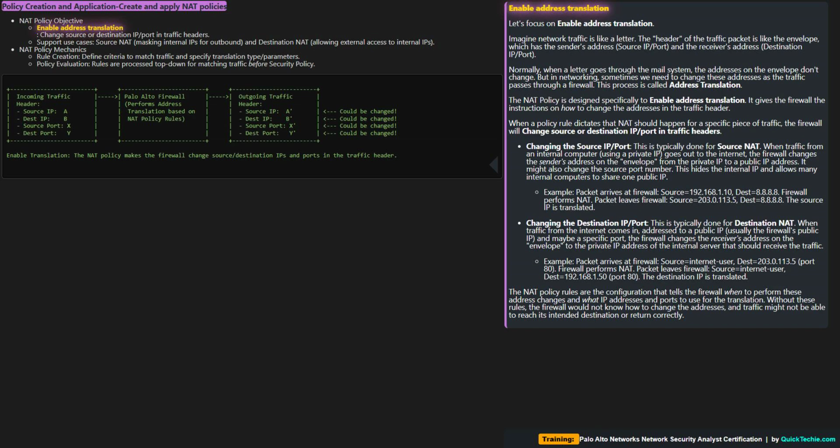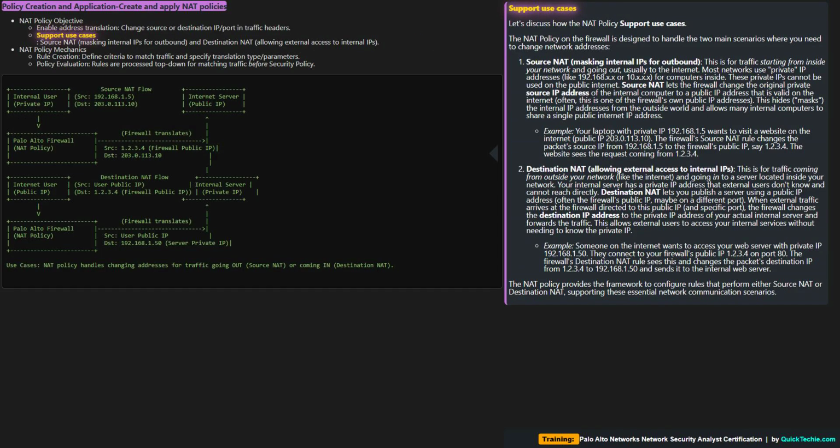Without these rules, the firewall would not know how to change the addresses, and traffic might not be able to reach its intended destination or return correctly. Support use cases. Let's discuss how the NAT policy supports use cases. The NAT policy on the firewall is designed to handle the two main scenarios where you need to change network